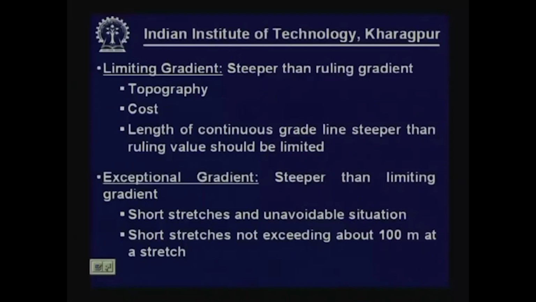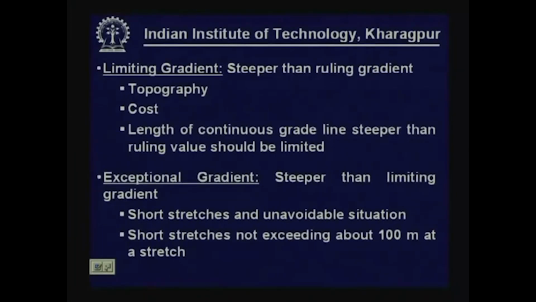Next is limiting gradient. This gives you another limit, and obviously this is steeper than the ruling gradient. Depending on the topography, it may not be possible to limit the gradient up to the ruling gradient. Let me revise this statement. It might be possible to achieve that gradient or to limit it up to the ruling